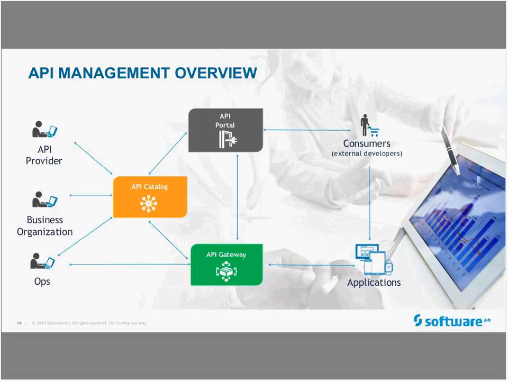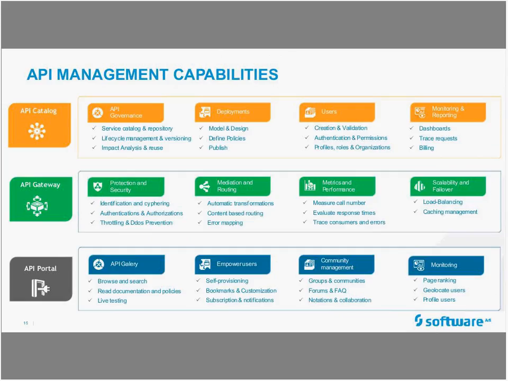Now, we break the requirements down into three major categories, as Dave mentioned earlier. We break them into the requirements for an API portal, an API catalog, and an API gateway. They all serve very different functions, but they all work together. So a high-level understanding of what those requirements would be for API management would be, with the API catalog,